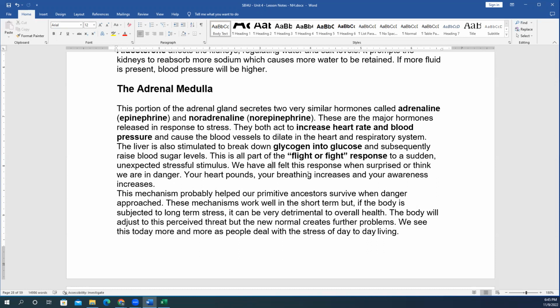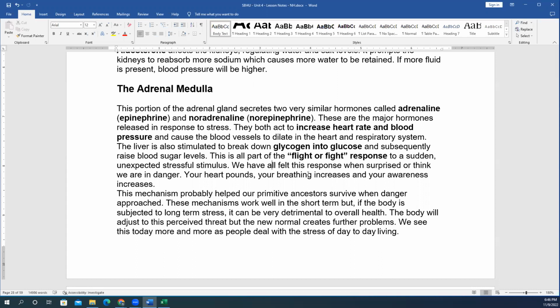And these are major hormones released in response to stress. I think everybody's heard that when you're under stress, you have a release of adrenaline. Both of these act to increase heart rate and blood pressure and cause blood vessels to dilate in the heart and in the respiratory system. In the liver, they stimulate the breakdown of glycogen into glucose, which results in increased blood sugar levels. And all of this together in concert is part of the fight or flight response to sudden,